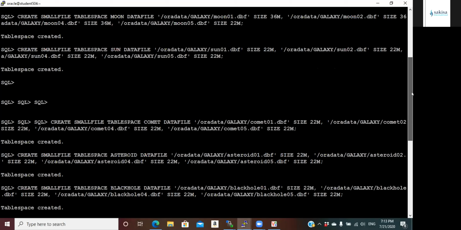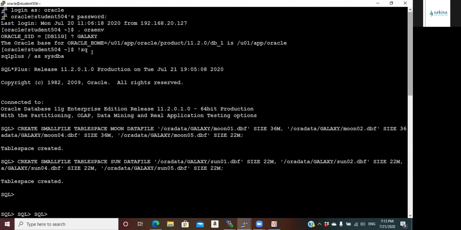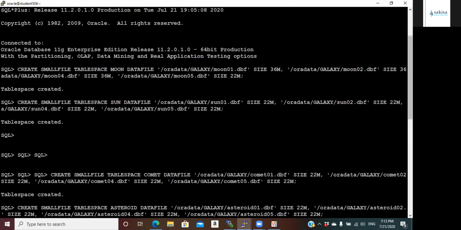Okay. So as I was saying, I connected to my Galaxy database, connected to Plus, and I created my database. As you can see, this is the command. I changed my size to 22. Oh, something is wrong on this database.